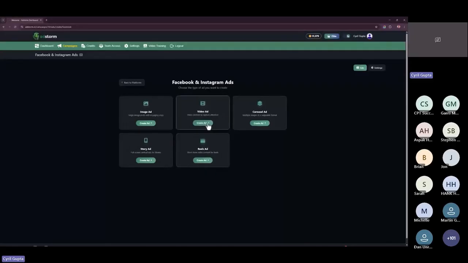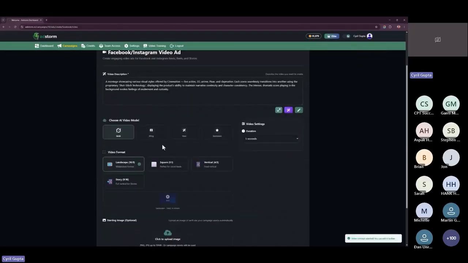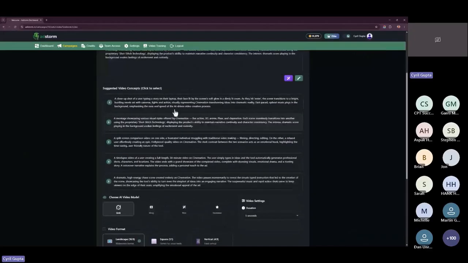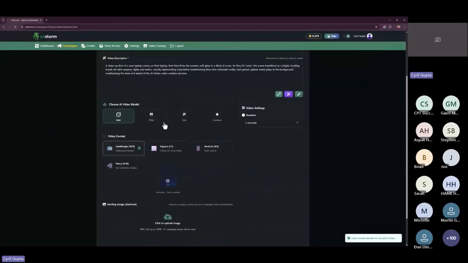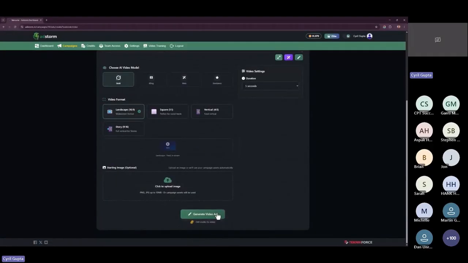Now, we've already seen some image ads. Let's take a look at video ads. It can create small videos that you can use in advertising. Again, I'm going to use ready-made angles. So I'm going to use just any of them. Let's click on this one or this one. So you get options. Again, you can choose the AI you want to use to create the video. Grok, Kling, Van, Sedans. We've got a number of different options. You can choose the format, landscape or vertical. And once you're ready, you can generate a video.